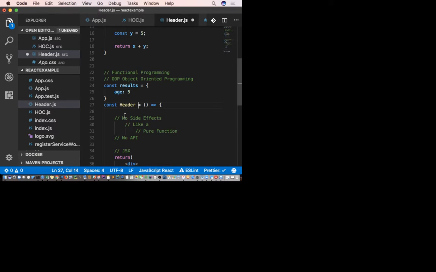Functional versus OOP. I understand it's 100%, that's where it's at.